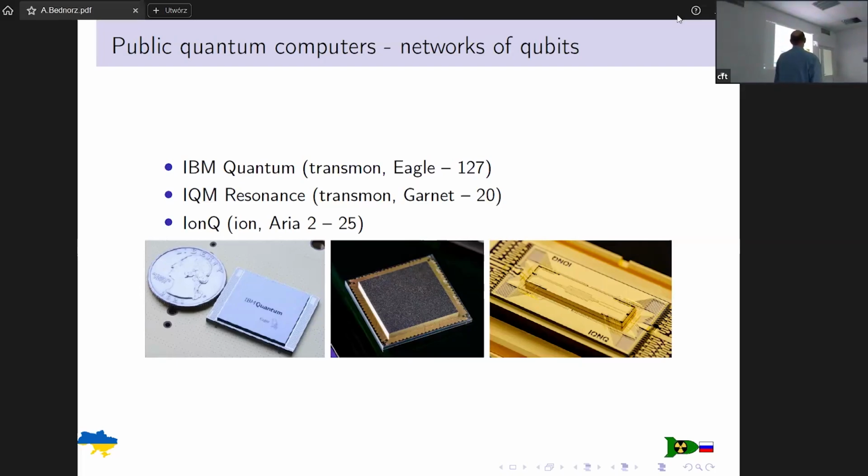Okay. This is IQM. No, this is from Finland, so it's not here. And the last one is IonQ. They are mysterious because now they are offline. So to tell you the secret, which is not a secret, but they are on. It's long, because the trap for ions is elongated, so it's not a square or a rectangle. So ions are somewhere here.